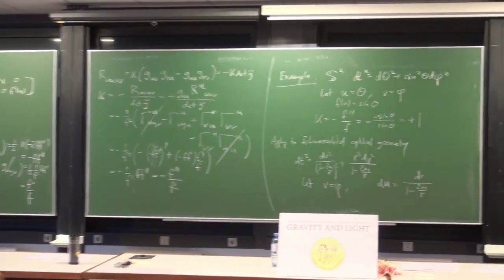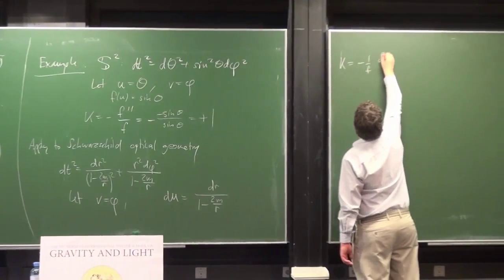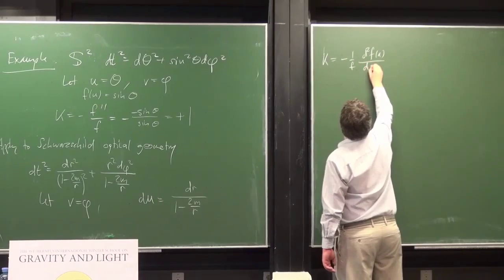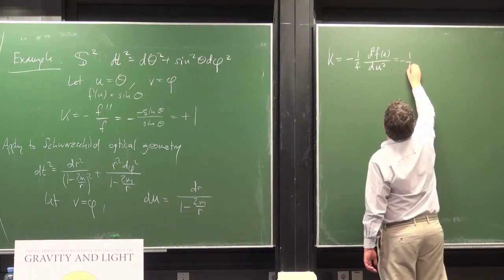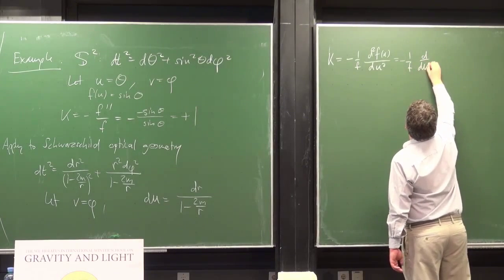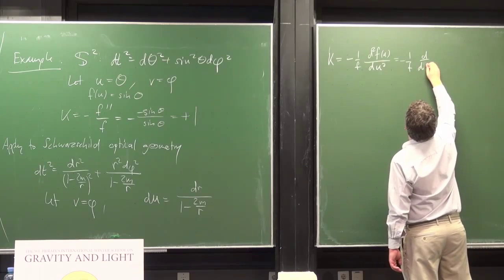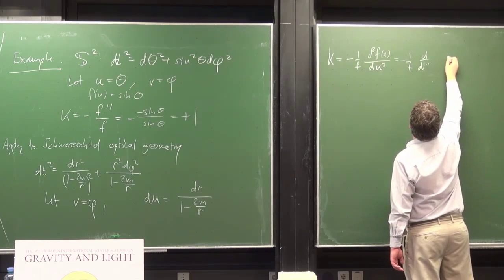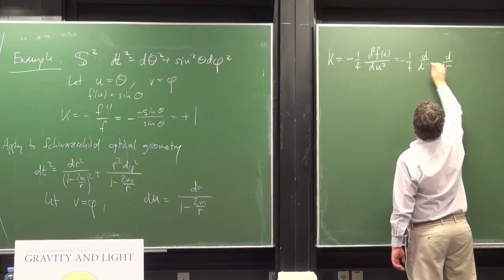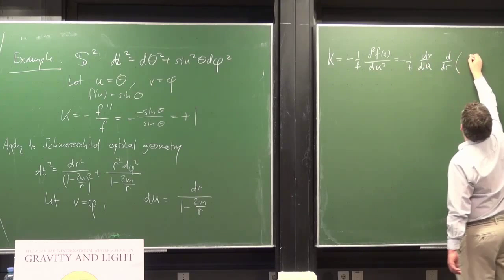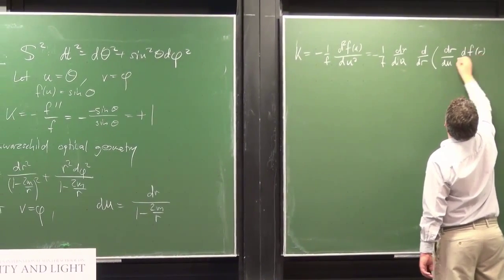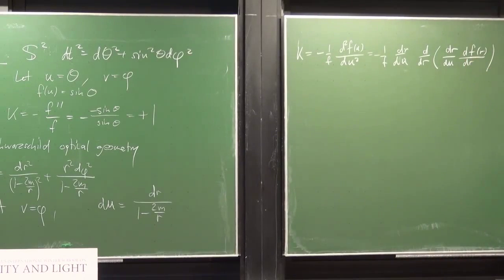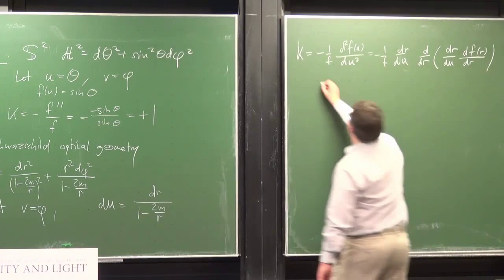So we know that k is minus 1 over f d squared f of u by d u squared. Now, of course, that's the same as 1 over f into d by du. Actually, it's right in terms of r, so I want to write it as d by dr, dr by du, into dr by du, df of r by dr. So changing coordinates, we can do it in the differentiation also, and you can see this is actually helpful,